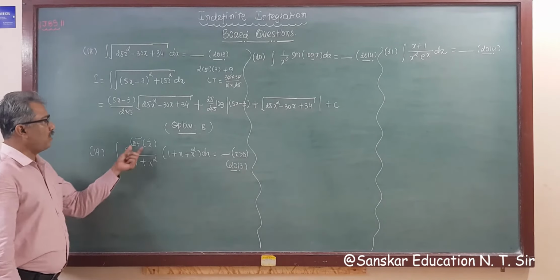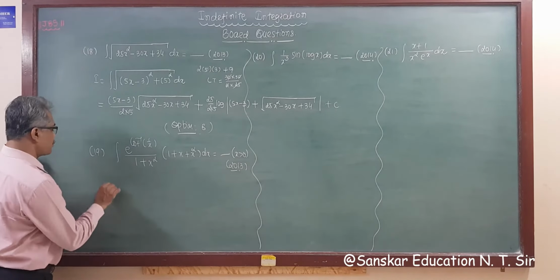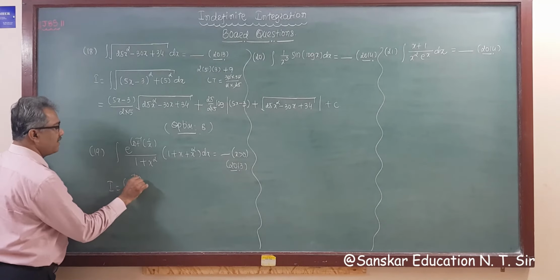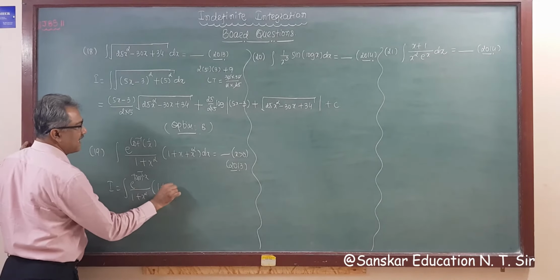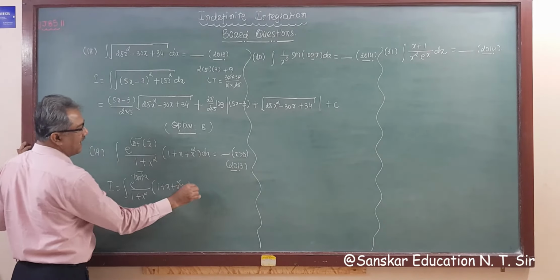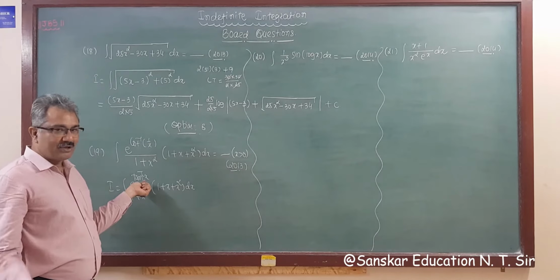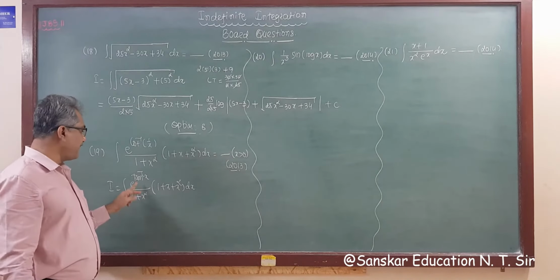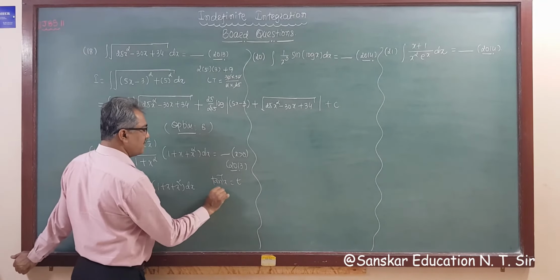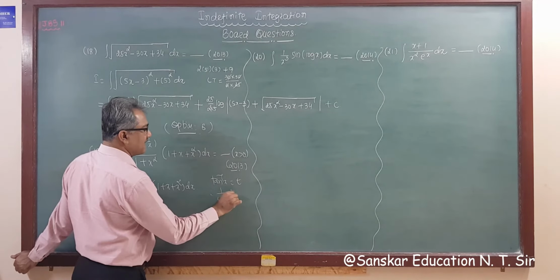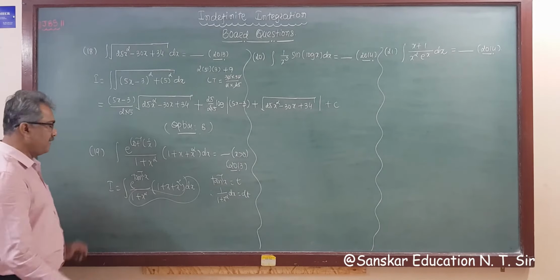Okay. Now this is cot inverse of 1 upon x, x is greater than 0. So cot inverse of 1 upon x is tan inverse x, you know. So your I will be integration of e raised to tan inverse x upon 1 plus x square, into 1 plus x square dx. Now let us assume for tan inverse x, because this is something new, right? Because we want e raised to x instead of tan inverse x. So assuming tan inverse x is equal to t, the derivative of this is 1 upon 1 plus x square dx is dt. So this is 1 upon 1 plus x square dx is dt.